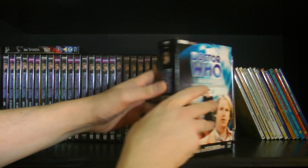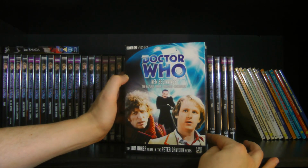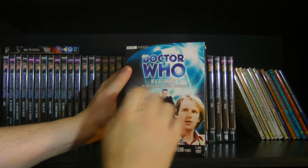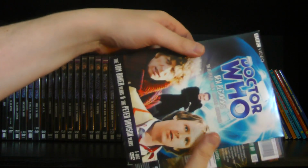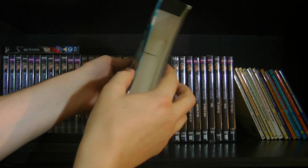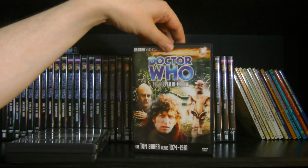And then finally, we have this set here, New Beginnings, which features Tom Baker's last 2 stories, The Keeper of Traken and Logopolis, and the first story of the 5th Doctor, Castrovalva. So if we just take a little quick look here, I'll just show you. So it's just a fairly simple, sturdy enough box. So we got The Keeper of Traken,